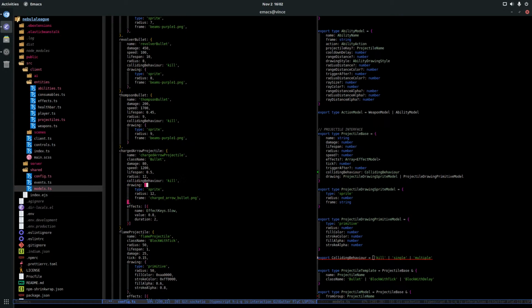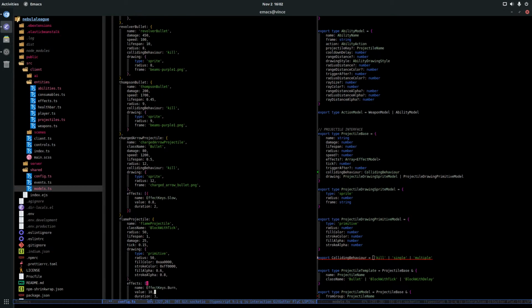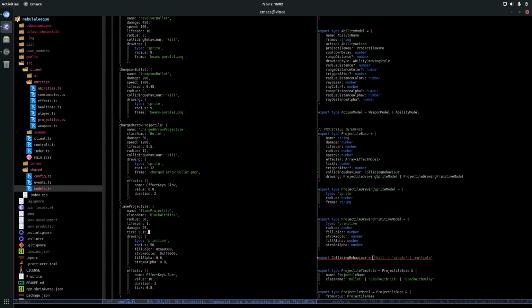And so now the block with tick is going to be a multiple. I don't like this name multiple, it's not obvious what it does.